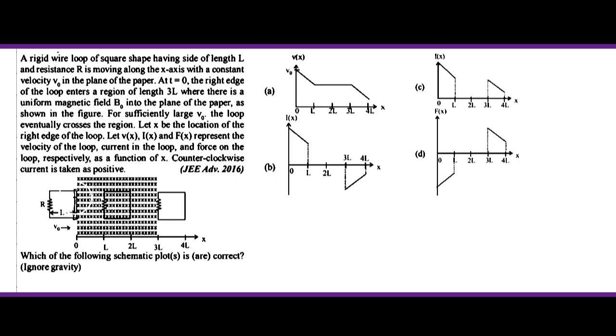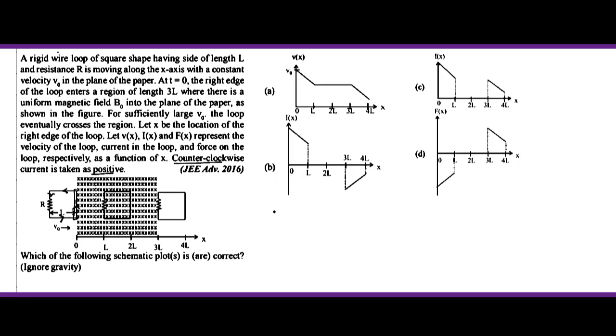और वो किस डायरेक्शन में होगी, उसकी जो डायरेक्शन होगी वो होगी काउंटर क्लॉकवाइज। काउंटर क्लॉकवाइज डायरेक्शन को यहाँ पर पॉजिटिव लेना है। मतलब इसमें पॉजिटिव करंट इस डायरेक्शन में फ्लो होना स्टार्ट कर देगी, ठीक है। ये काउंटर क्लॉकवाइज डायरेक्शन है, इस डायरेक्शन में इसमें करंट फ्लो होना स्टार्ट हो जाएगी, ठीक है। और जैसे जैसे ये एंटर करती चली जाएगी वैसे वैसे इसमें करंट की वैल्यू कम होती चली जाएगी, ठीक है।